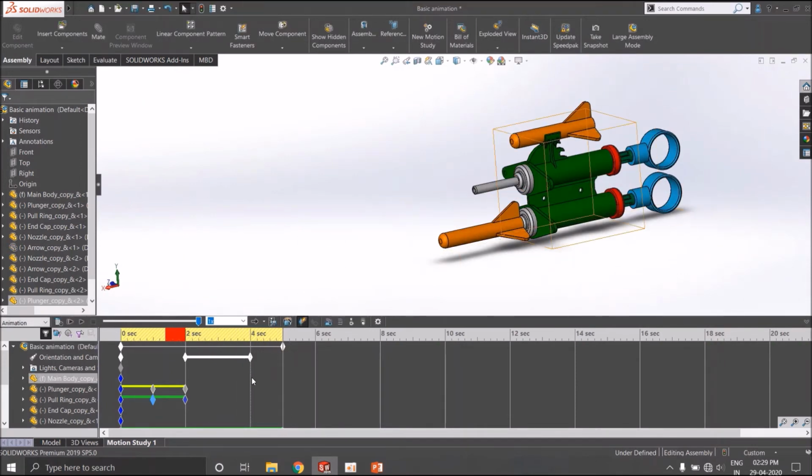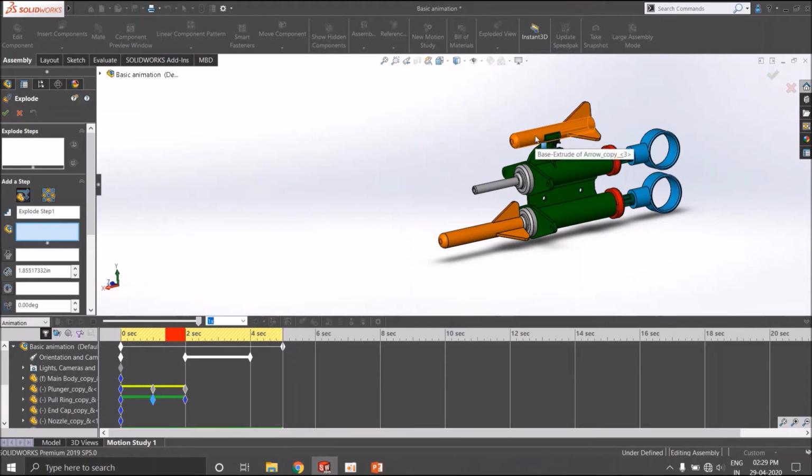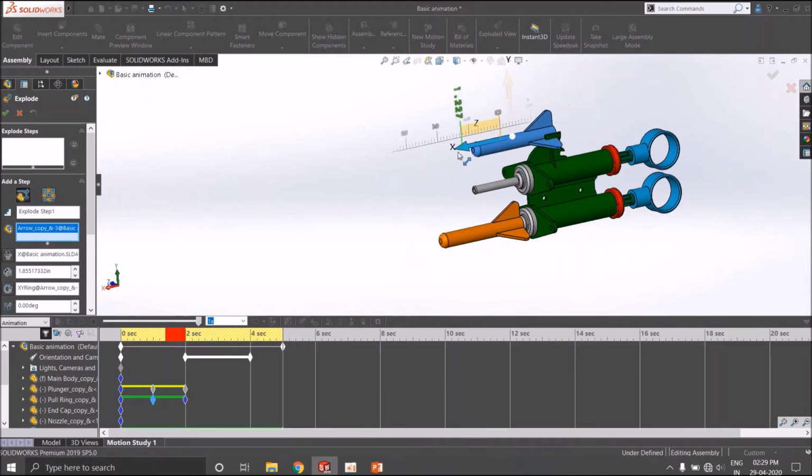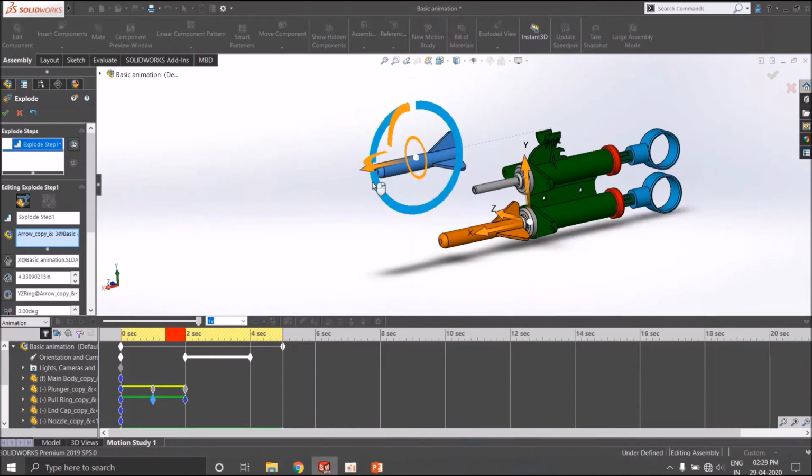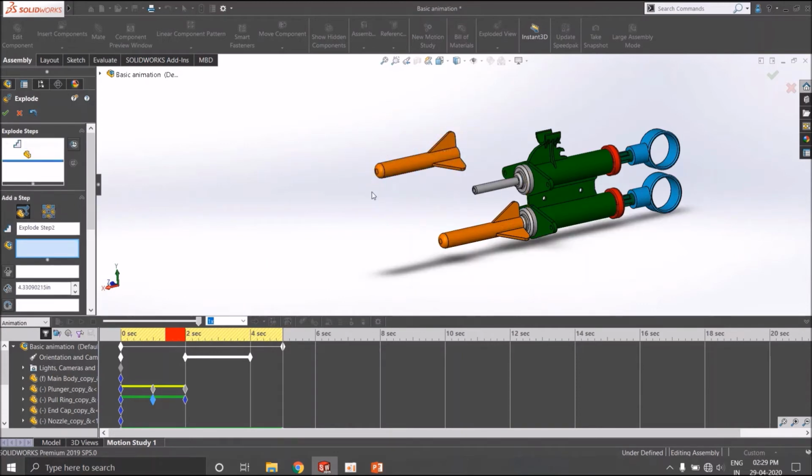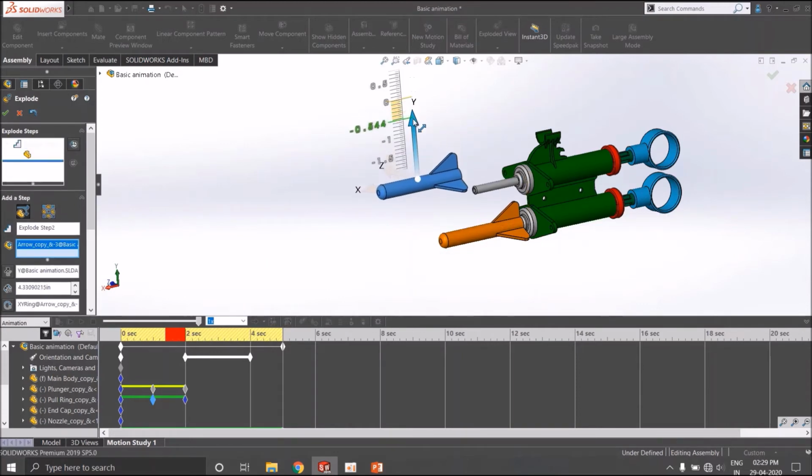For the next part, we are going to create an exploded view. So let's click Exploded View and add steps to this. First step, second step.